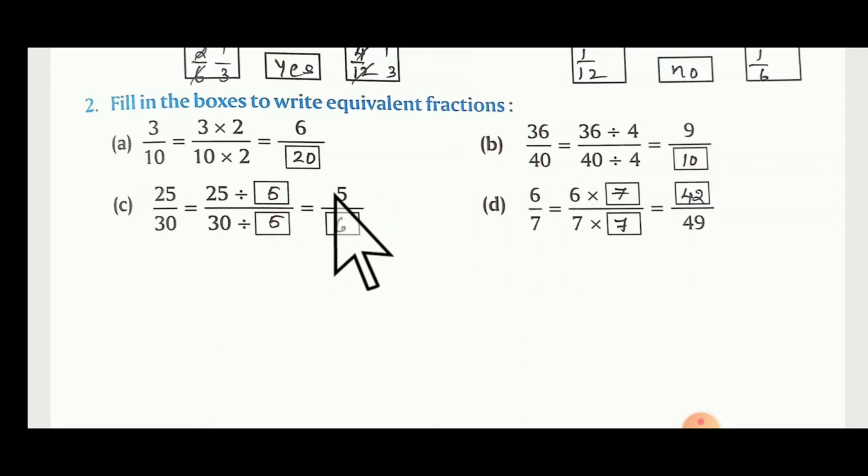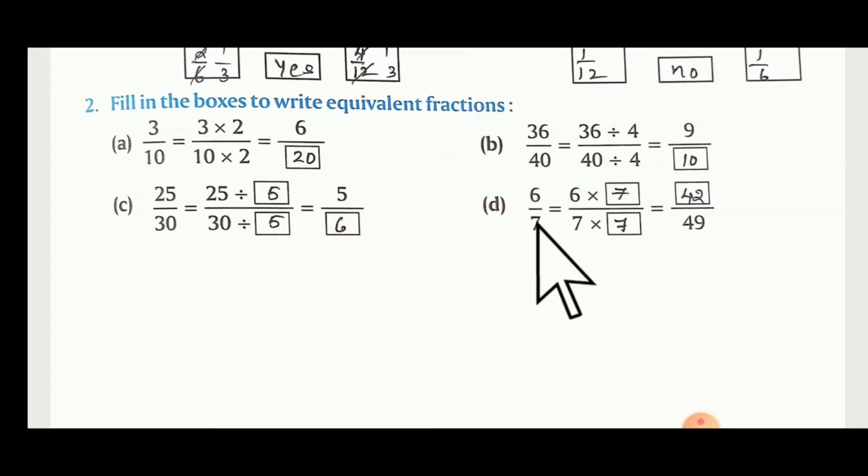25 by 30 is equal to 25 by 30 divided. So only the numerator is given. So this is there, which means how many is 25? It is under 5. What did they say? Equivalent fraction. So if 5 is the numerator, the denominator also will be 5. So place 5 here. In 5, when do we get 30? That is 6. So the answer will be 6.